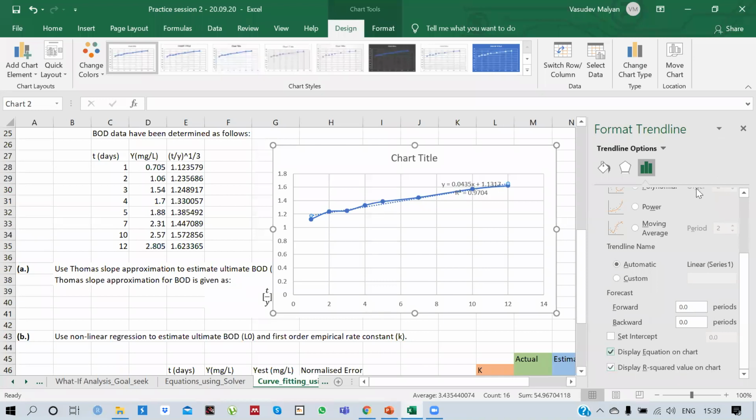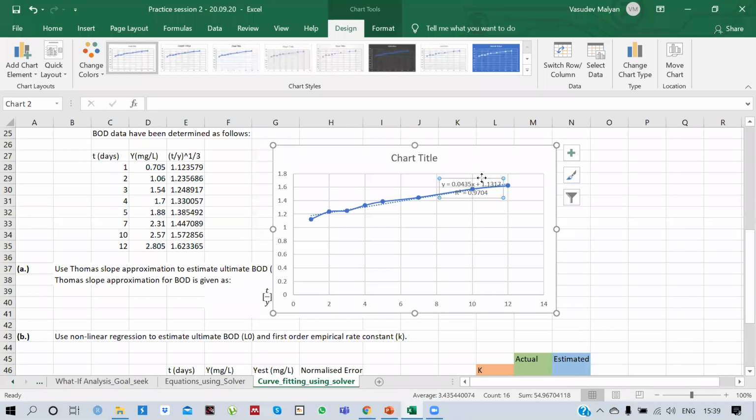So please tick these two, and you will see that you have got your equation as well as your R square value. Now your R square is the coefficient of determination here, which is a statistical measure of how close the data are to the fitted regression line. So my fitted regression line is this trend line in this case. So my correlation factor is really good, which is 0.97 in this case.